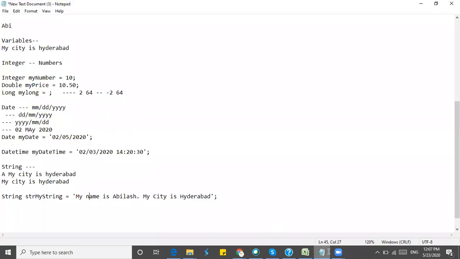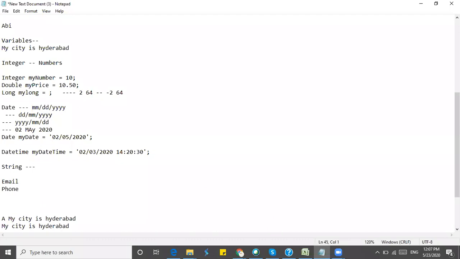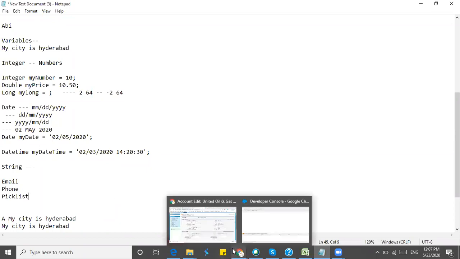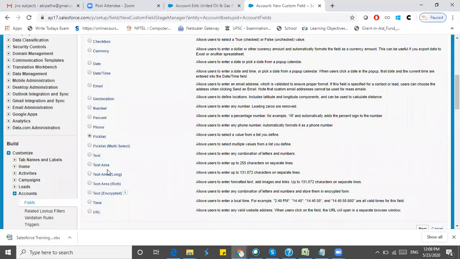So email type can be stored and phone type can be stored and pick list type can be stored. If the field is pick list type, then that value can be stored in string type, and multi pick list values can also be stored in string type.